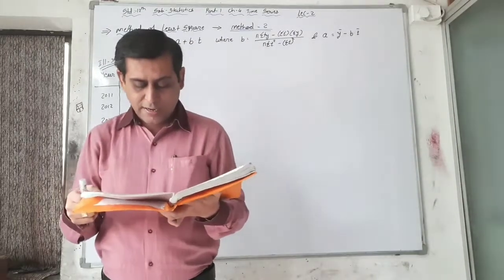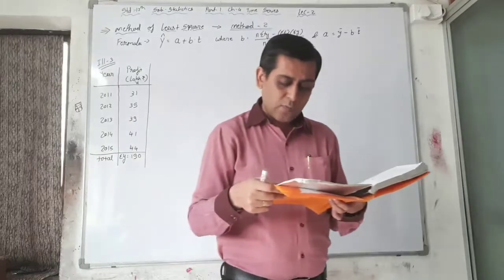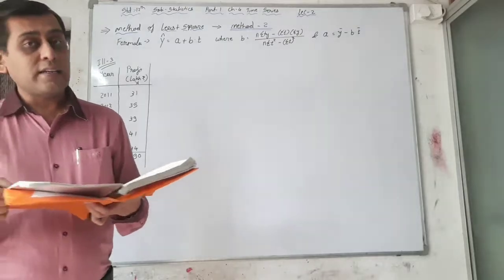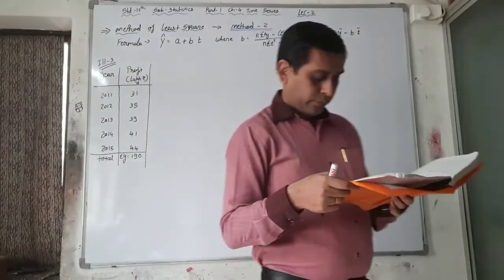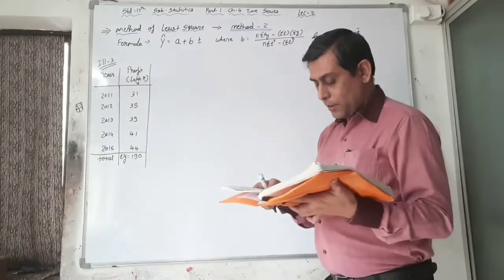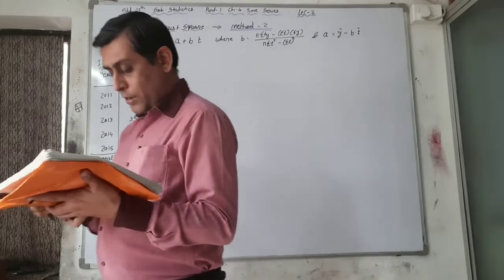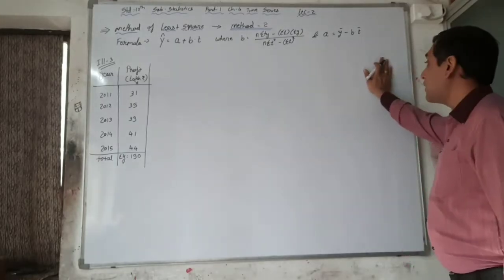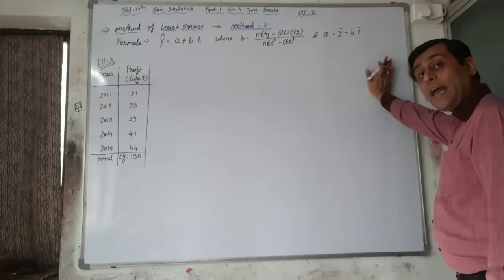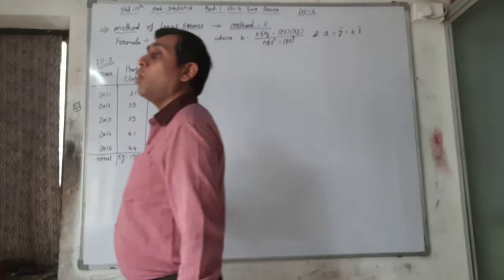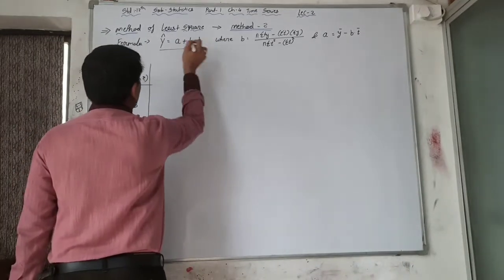Second one, the trend estimates can be obtained by this method for each of the given values of t. We will find the exact trend, finally common. Third one, the trend estimates can also be obtained for intermediate periods, as the trend values are obtained using an equation. See, on the basis of the graphical method, we will get only the final value, the end value, but here we can find the intermediate value on the basis of this equation.